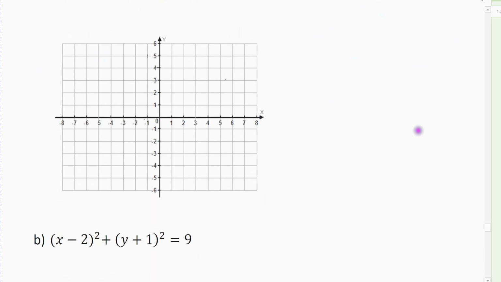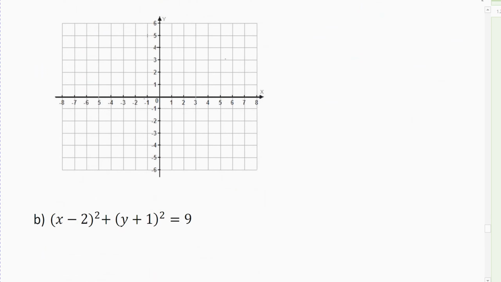Our second example is going to be the other case. So again, for some reason when I put it in my document and made it bigger, it dropped it down here. So I'm going to write my stuff over here. All right, so this is the one I'm going to graph and find my center of. So first, the center,